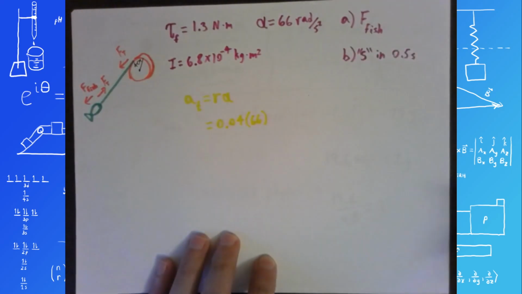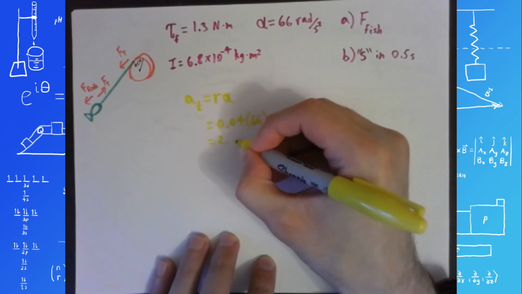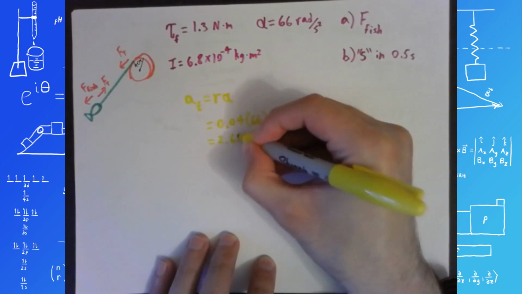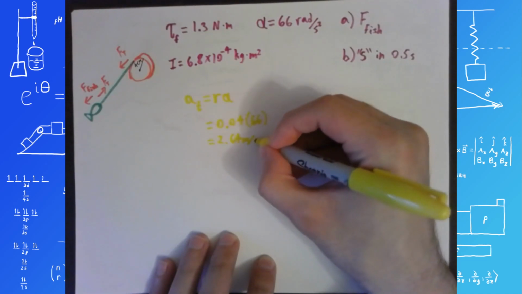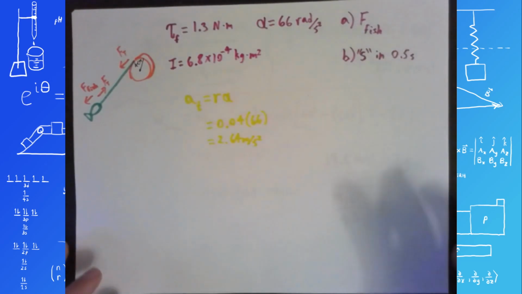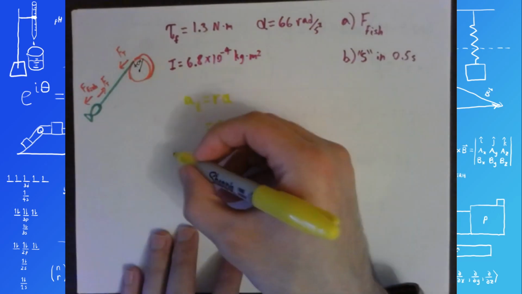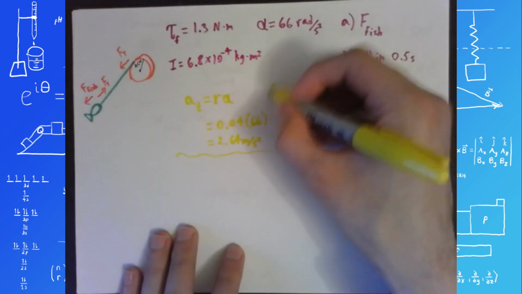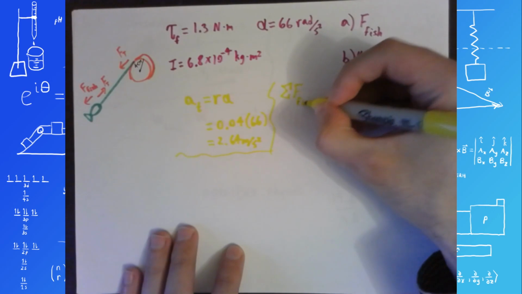So 2.64 meters per second. Or per second squared, I should say. 2.64 meters per second squared. So that must also be the acceleration of the fish. So I can write a Newton's second law expression for the fish. Net force on the fish